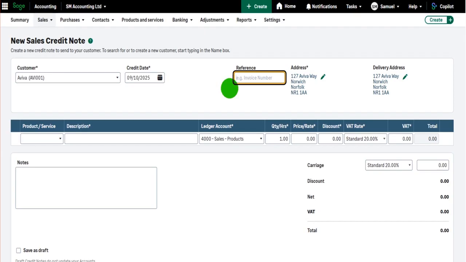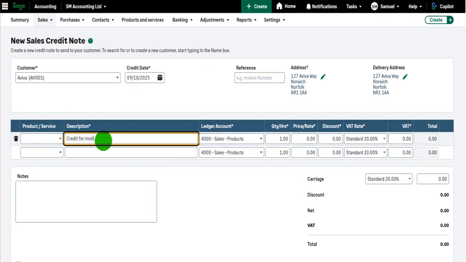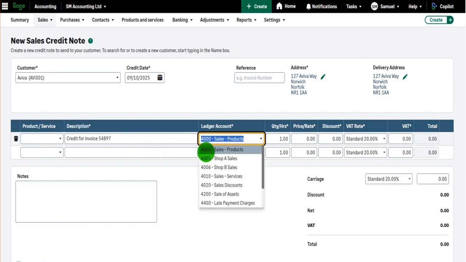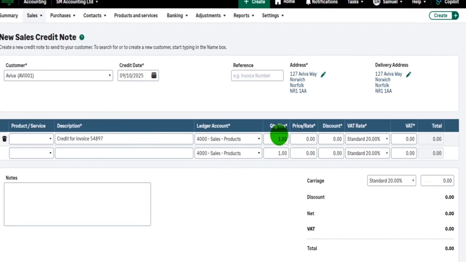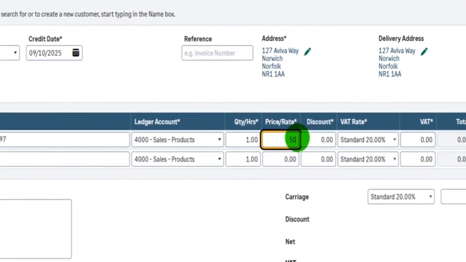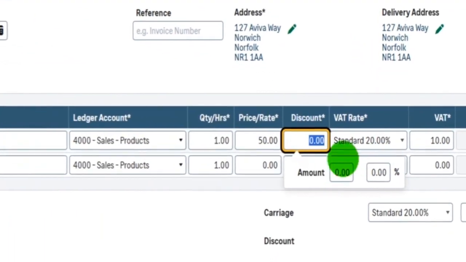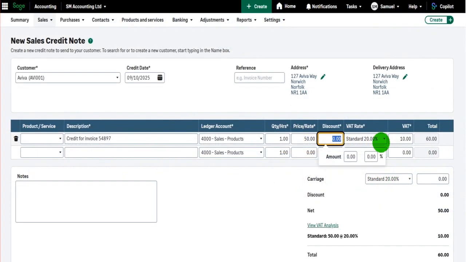The credit note number will be auto-generated just like the sales invoice numbers are, and you can change that in the settings as I showed you with sales invoices. Select a product or service, put in a description, so credit for invoice 54897. Choose the ledger account you want the credit invoice to be allocated to. So let's do sales, products, the quantity, the price, discount. If you want to put in a discount, the amount or the percentage of discount, the tax rate, and